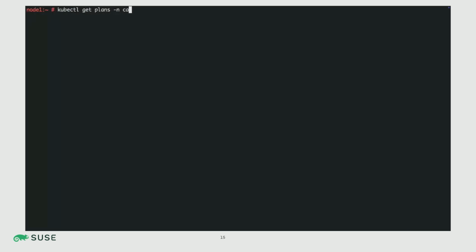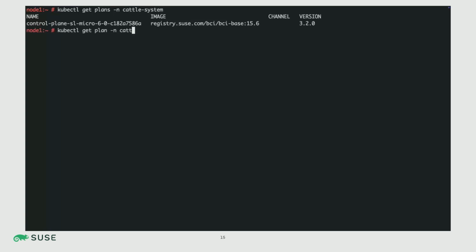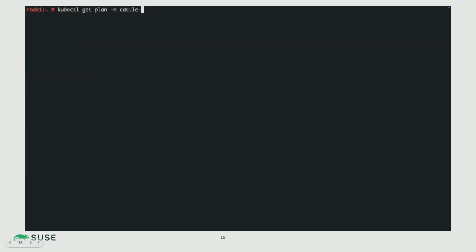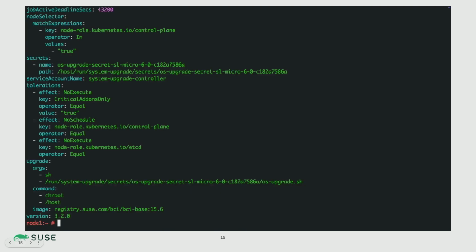So now, just very quickly, we should take a look at what the system upgrade controller plan actually looks like. So this is its status. It is just applied on the specific node, and it is shipping the 3.2.0 release version. Now, the spec is a bit more interesting, and it describes a lot of information. And the most important thing here is the upgrade section,